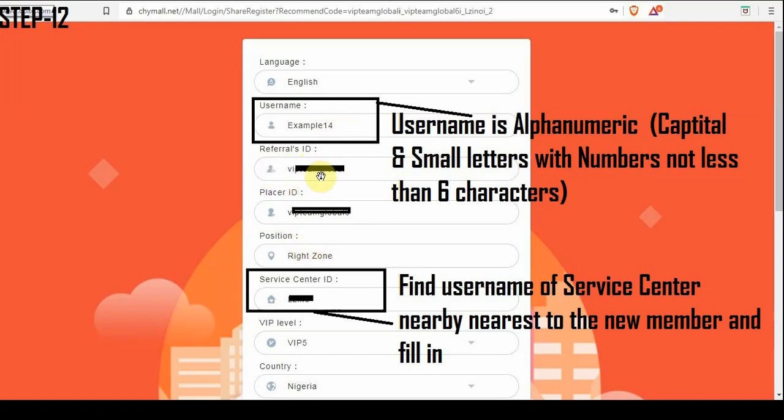Now you don't need to touch this. The referral ID remains embedded in there. The placer is the person that is been placed under. You don't need to touch all these areas. So the next area you want to look at is the service center ID. The service center ID had already been added before you got to this page, so it will also be there automatically. Then